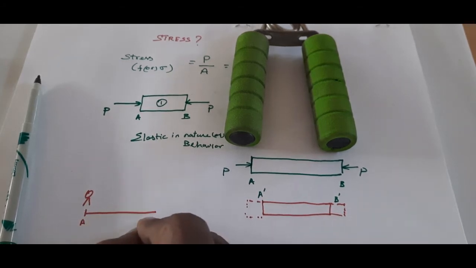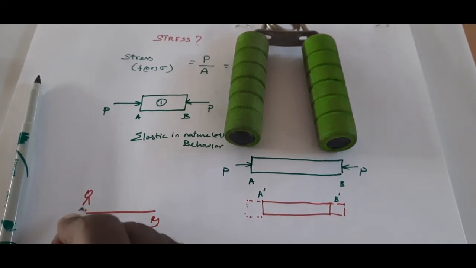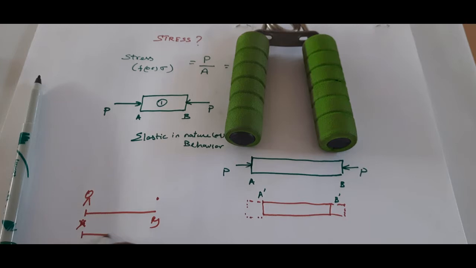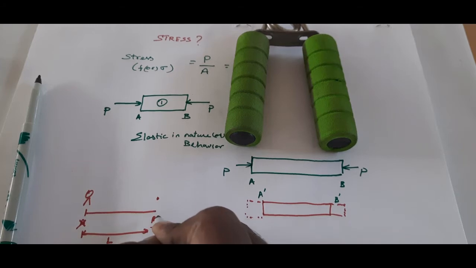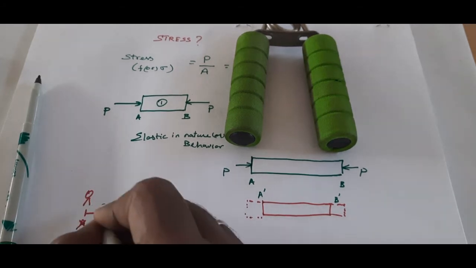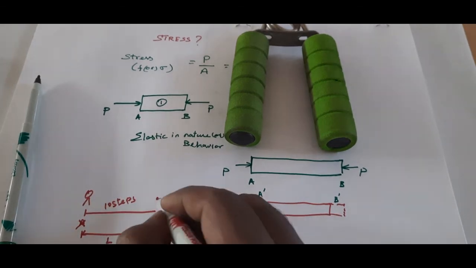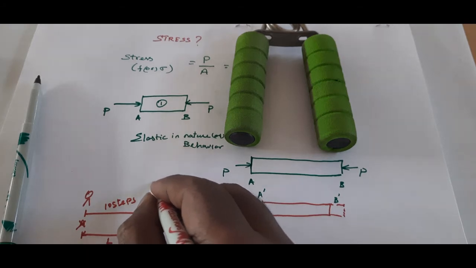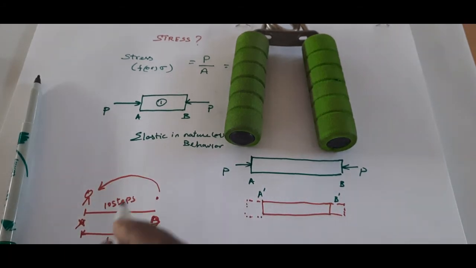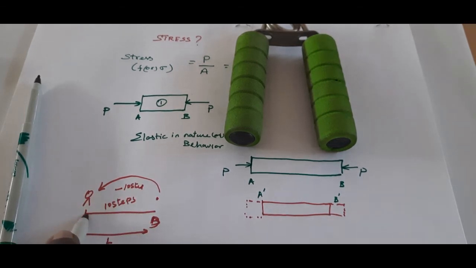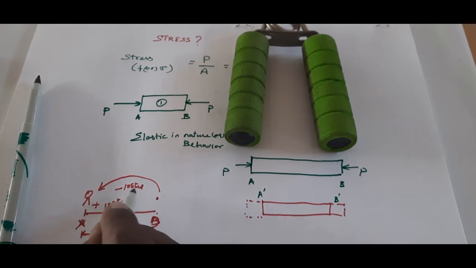Now imagine that there is a man here, and this is a distance A to B, or let us consider X to Y. This man is walking from this position to this position, which means he has covered a distance of L. Now when he comes to this position, after taking 10 steps, he has reached the position B. If he wants to go back to his original position, he has to take minus 10 steps. Is that right? He comes from here to here with plus 10 steps, then to go back to the original position, he has to take minus 10 steps.